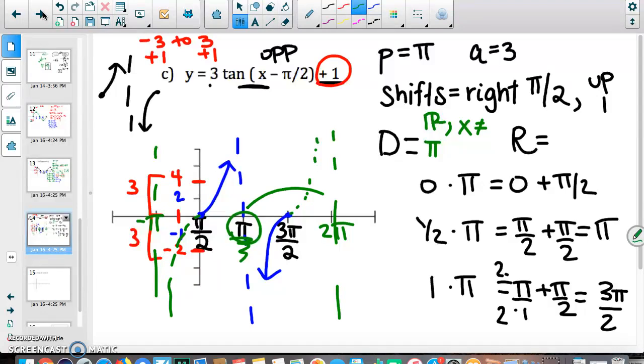And then it looks like plus my period, plus pi k, right? It's at every asymptote, and then if I add multiples of my period, there's going to be another asymptote. So it's all real numbers except for x is obviously not existing at these places here. For my range, it's going to be all reals, right? Tangent's going